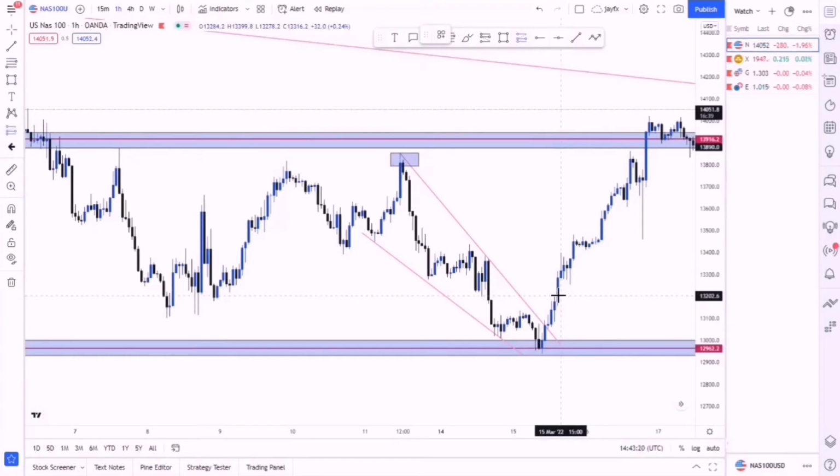Now, another thing I work with is psychological levels. Psychological levels are rounded numbers that most bank traders look at, where they either exit or enter trades. We have like 15,000, 13,000, 12,000, 10,000. So at this point, I was looking at this 13,000 psychological level. If you guys can see it here, let me properly align it. I was looking at this 13,000